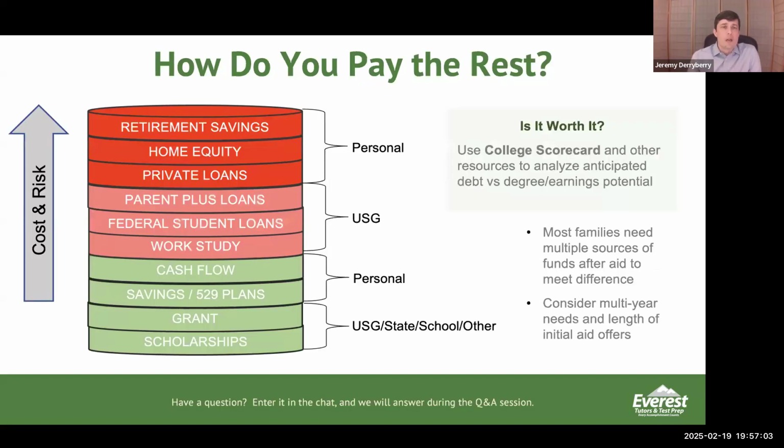So how are you going to pay for all this? There are lots of different buckets that you can pull from, and each person has an individual case. These are all the buckets that most people use. It's color coded this way because the higher you go on this stack, the more risk you're taking, and the more likely the cost to you is going to rise. As you're sitting here and thinking about which buckets you're going to be pulling from, I really would recommend that you spend some time talking to your child about the major they want to get, and what is the value of that for them long term.